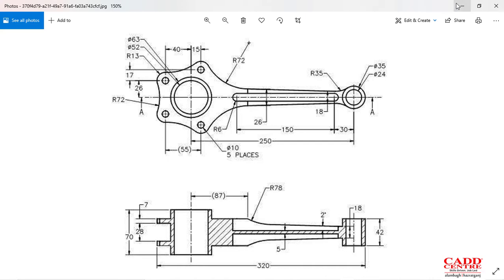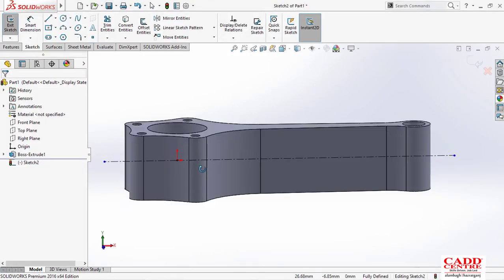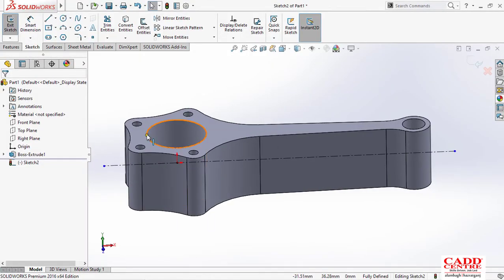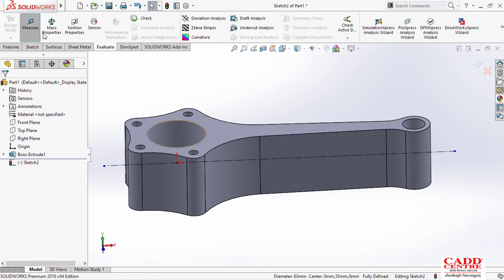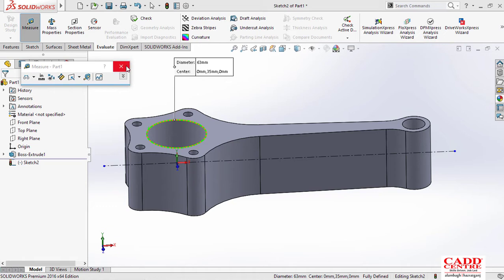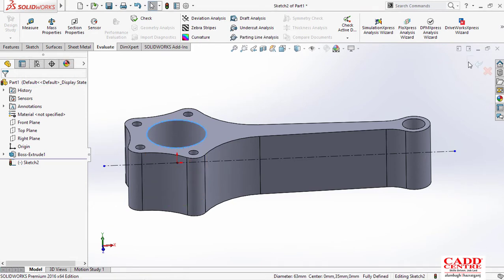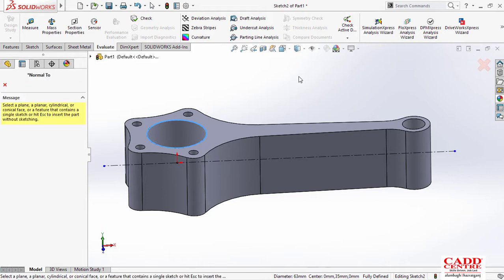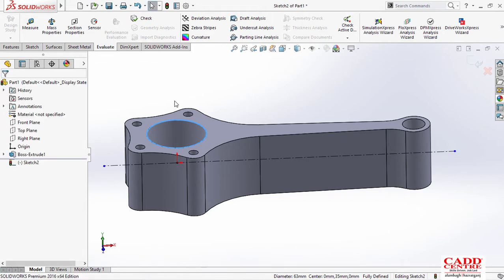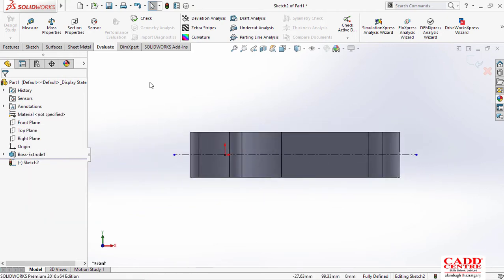So first I'll trace this edge, because this one is 63. Let me check: evaluate, measure. It will be 63. Okay, so I'll go to normal to view. One second. We have to take the front plane, go to sketch, Ctrl+8.